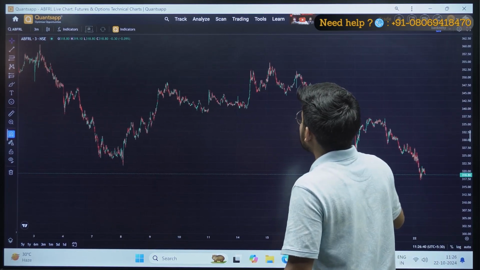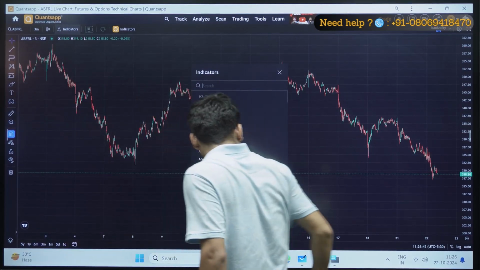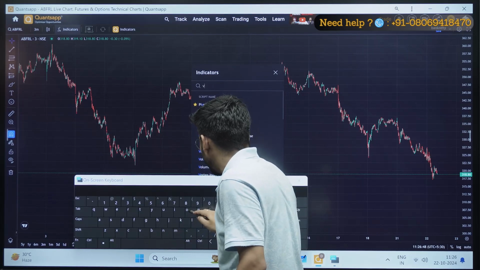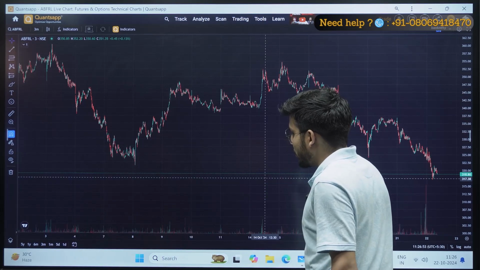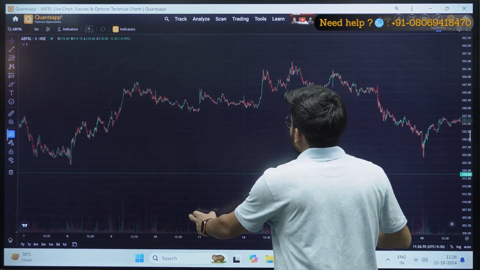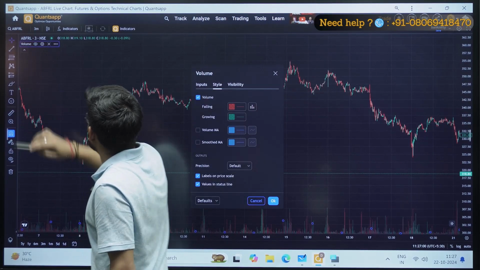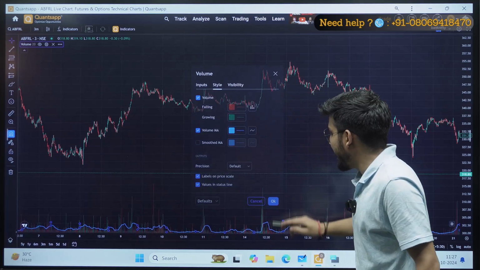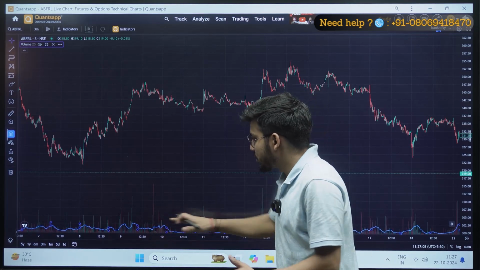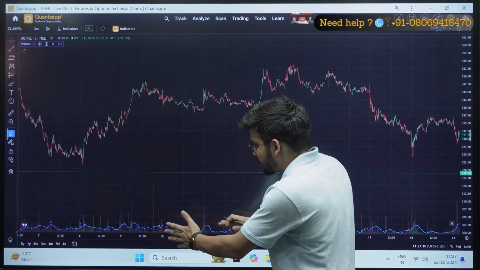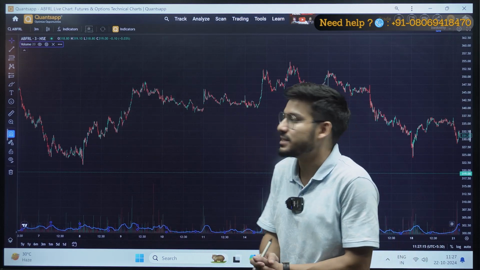Right now I have to apply one indicator here, that is my volume indicator. So don't forget to put the volume indicator in your chart. This is my volume indicator, and along with it, as always, I will put a moving average here, so that it gives me an idea at which point my volume is good or not, right? I don't have to watch all the lines and everything. I can just make sure that if my volume is not crossing my moving average, at that time my volume is not strong. As simple as that, right?